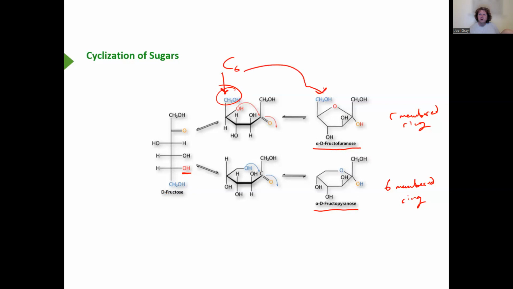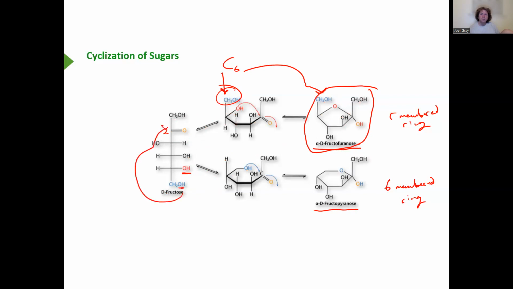Now, when we're cyclizing, we have the C5 OH group reacting with carbon number 2 in order to form D-fructofuranose. In order to form fructopyranose, on the other hand, we have the hydroxide group on carbon number 6